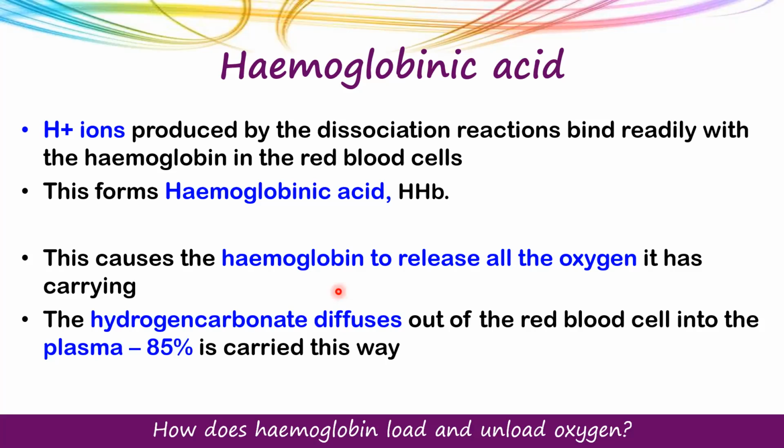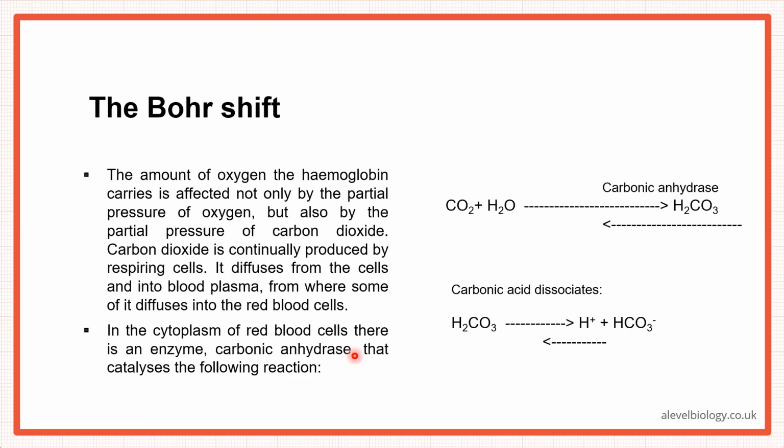Okay? And the other product, which is hydrogen carbonate, then diffuses out of the red blood cells and goes into the plasma, and 85% of it is carried this way, right? So what we just noticed: 5% of the carbon dioxide goes into the plasma, diffuses, and then goes to the lungs. It diffuses out as we exhale. The 95% left behind goes into the red blood cell. Some of that reacts with carbonic anhydrase. It produces carbonic acid, which dissociates into two products, H positive ions and hydrogen carbonate. H positive ions combine with hemoglobin to form hemoglobinic acid, and because of its binding to hemoglobin, oxygen gets dissociated and then diffuses into the cell.